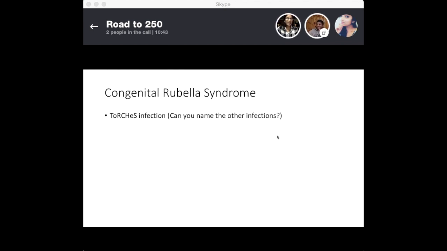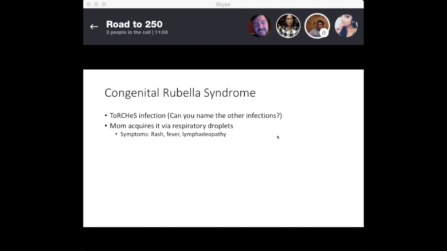So you said toxo, rubella, cytomegalovirus, HSV-2. You're missing another H and then an S. Hepatitis, HIV, and syphilis. Correct. So, mom would acquire it via respiratory droplets, and the symptoms the mom would see would be rash, fever,